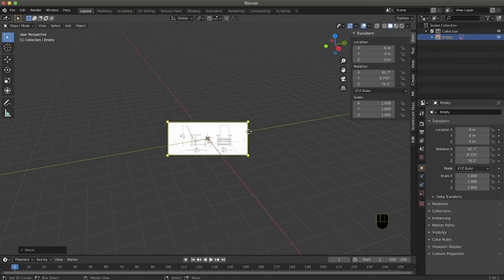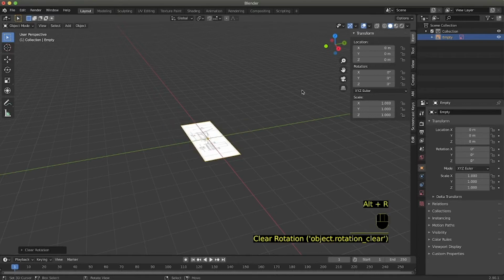You can also do that by pressing Alt and what you want to move to 0, in this case rotation, so Alt R to set the rotation to 0.